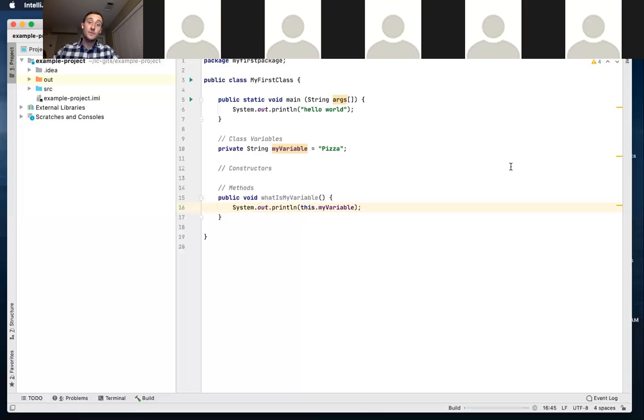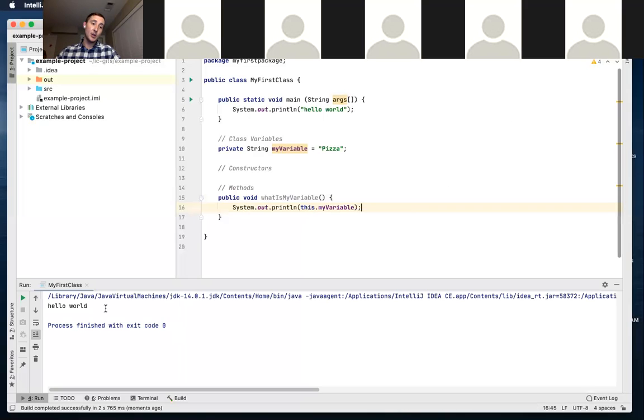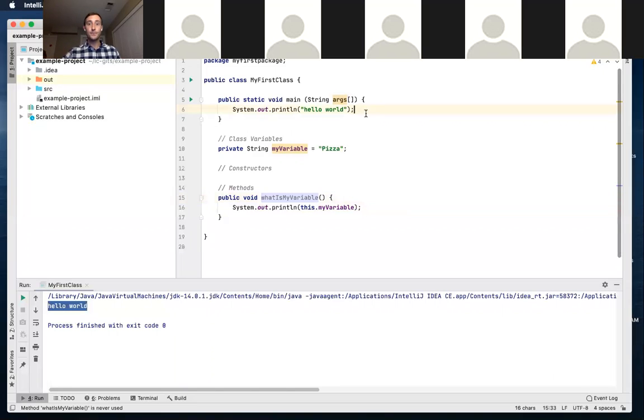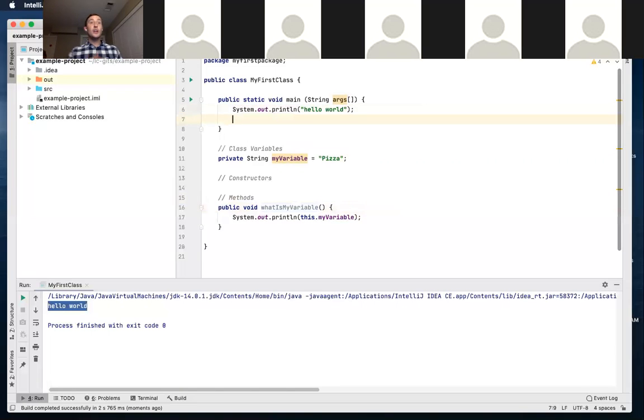Okay, so if we run this, what we are seeing still is hello world. Because again, this is our starting point. We haven't told it at all to run the whatIsMyVariable method. So how can we do that? Well, we're in a static method here. So that means this class instance is not available to us. So because it's not available to us, we have to create a new instance of MyFirstClass before we can call methods outside of it. So that's what I'm going to do now. And how we create a new instance of that is MyFirstClass,